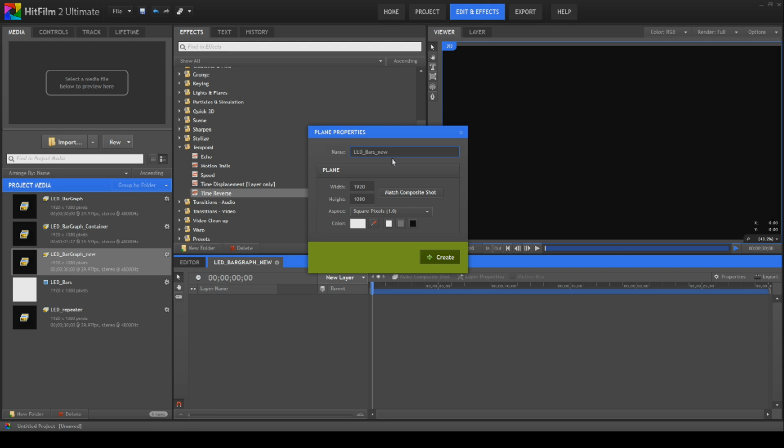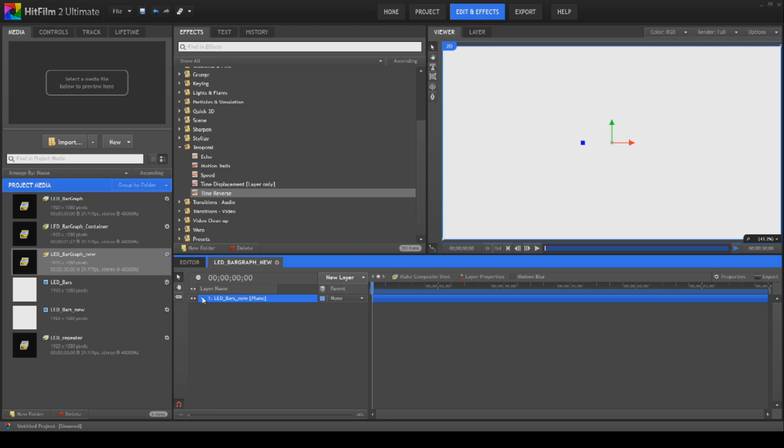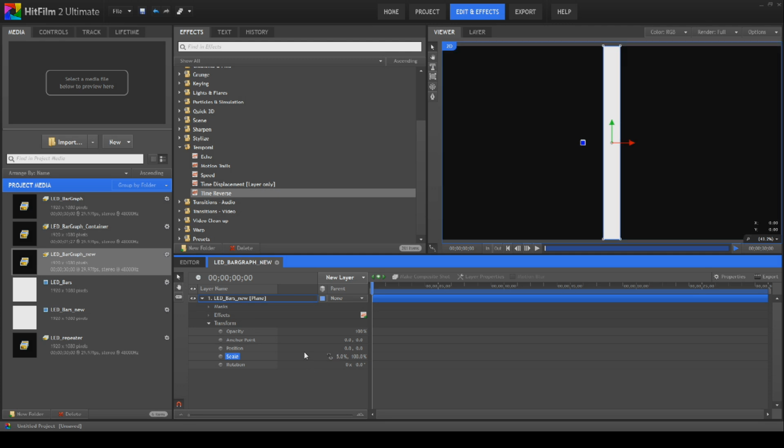The first thing we'll do here is create a new plane, which we will call LED bars new. Color, not important. First thing we'll do here is go to transform, unlink the controls, and move the width down to 5%. Next thing we're going to do